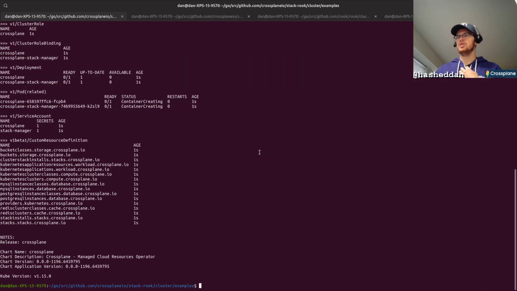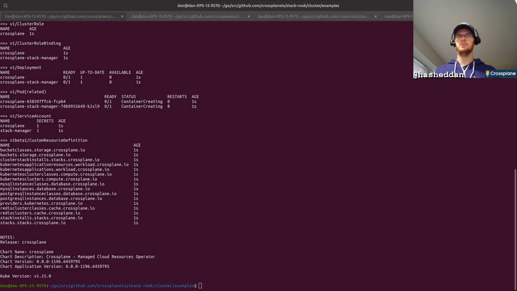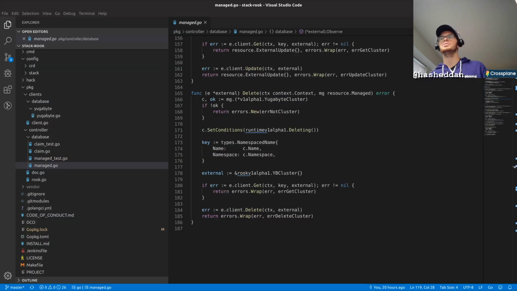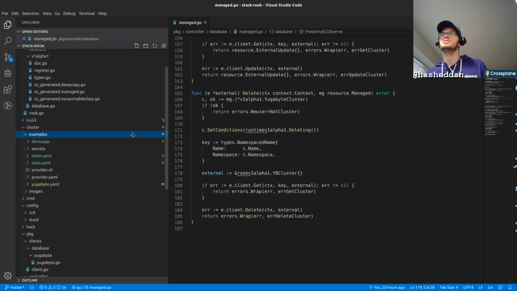And this is going to install crossplane and also all the CRDs. So as you'll see here, we've got that provider.kubernetes kind, which allows us to create Kubernetes providers that we went through earlier. And right now I'm in the stack-rook cluster examples here. And you can do this as well. I've pushed this up to